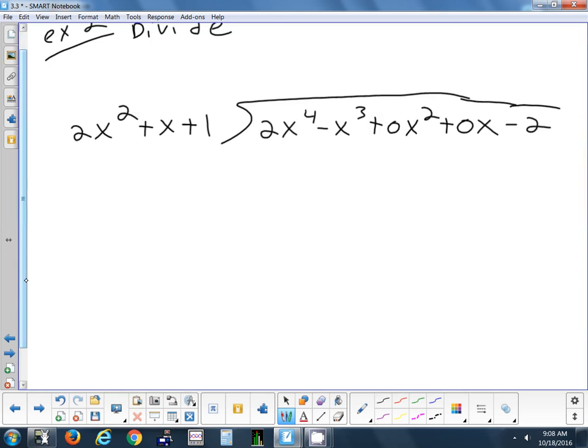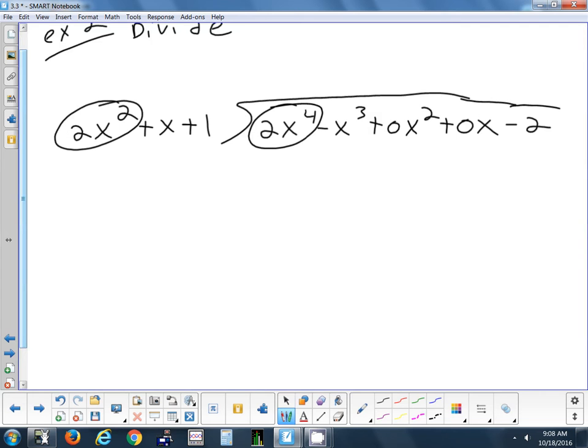All right, so let's try this one. This time I already set it up for you with the missing terms. We were missing the squared term and the linear term. But we had the fourth degree term, we've got the cubic, and we've got the constant. So step one, make sure you're not missing any terms. We're good. Step two, take the first term of your divisor and divide it into the first term of